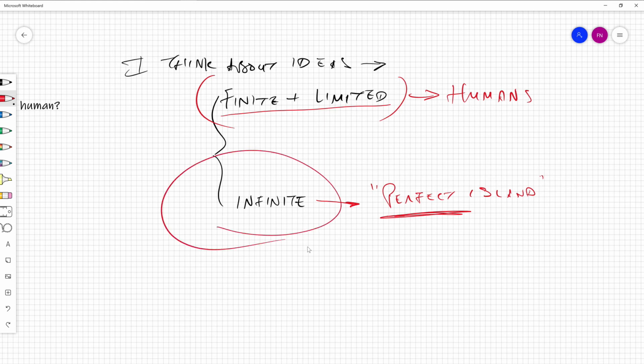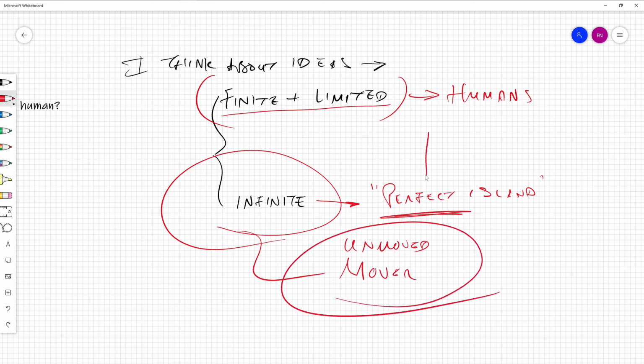This begins the path to the concept or the argument for the unmoved mover. But before we look at this, his point here is that if we can conceive of any notion of perfection, a perfect being must exist. And that perfect being is God. God is placed back in the center of the universe.